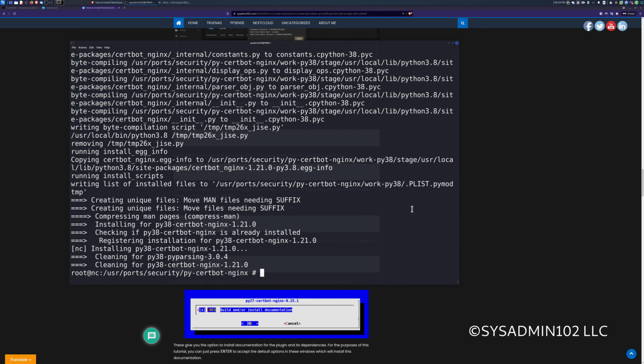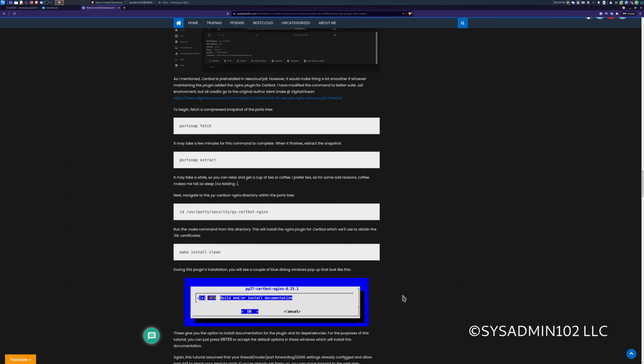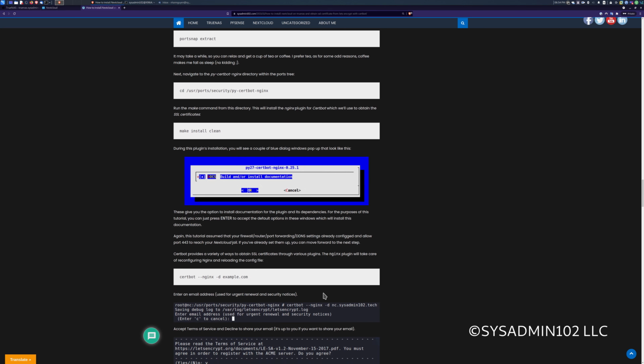All right, so now that we have the certbot nginx plugin installed, the next step is to request the SSL certificate from Let's Encrypt. So I'm going to go back to my website, and the command we're going to use is certbot nginx -d for domain, and you're going to put in your domain name in here or your DDNS.